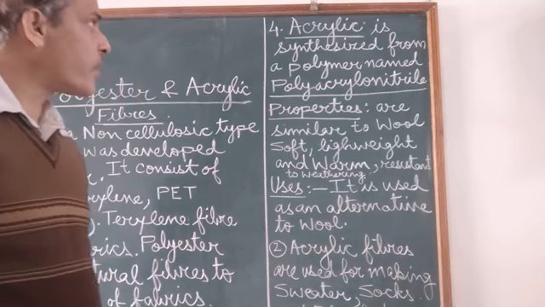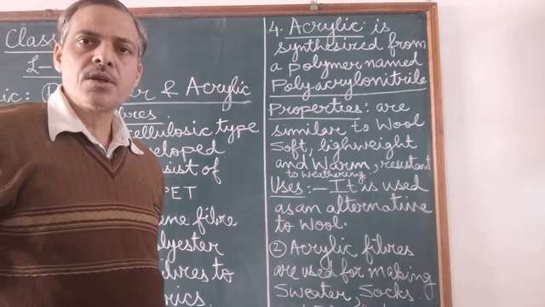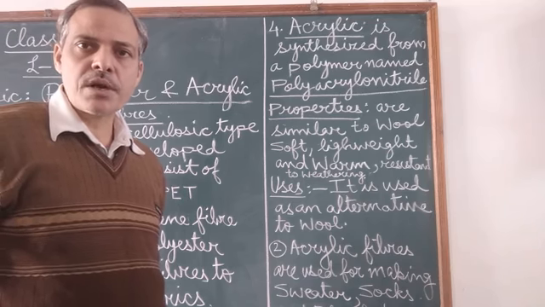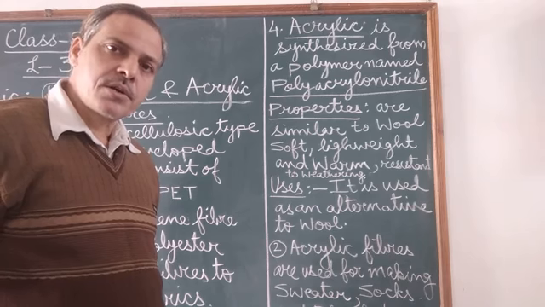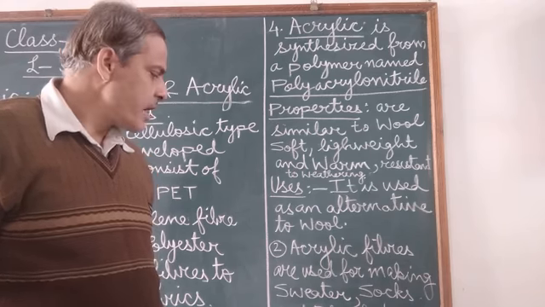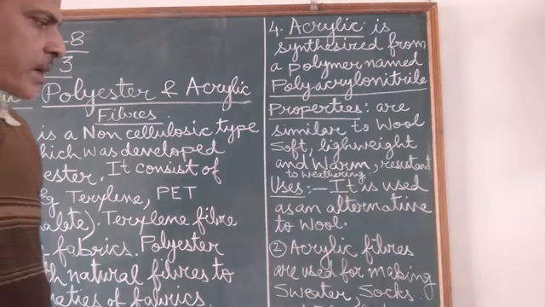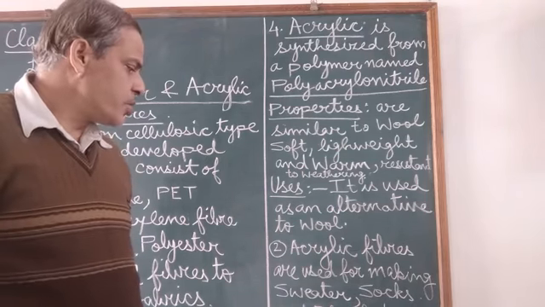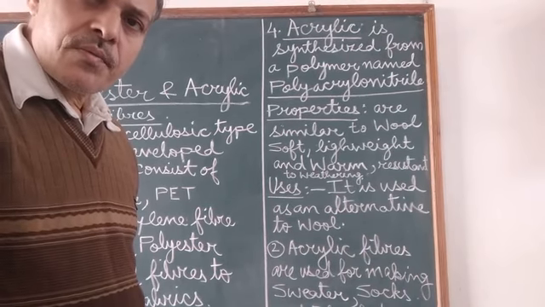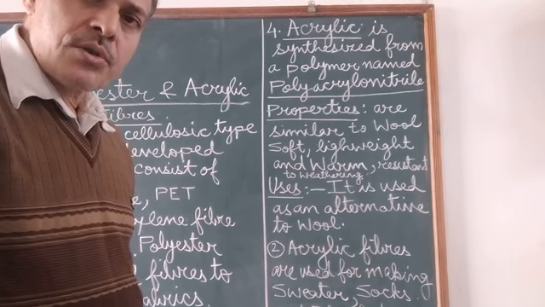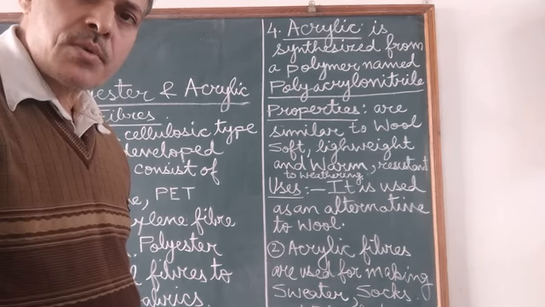These synthetic fibers are used as a substitute for wool fibers for making socks, acrylic sweaters, as well as blankets, etc. One more use is that these acrylic synthetic fibers are cheaper than wool, and therefore they are used for making various types of woolen clothes which are used by human beings during the winter season to protect them from the